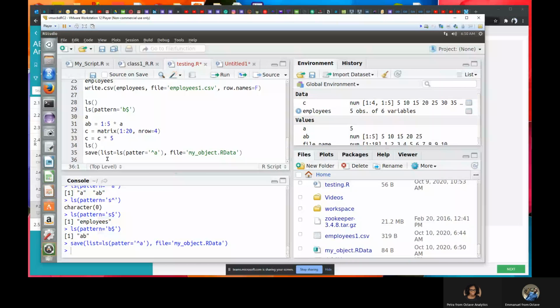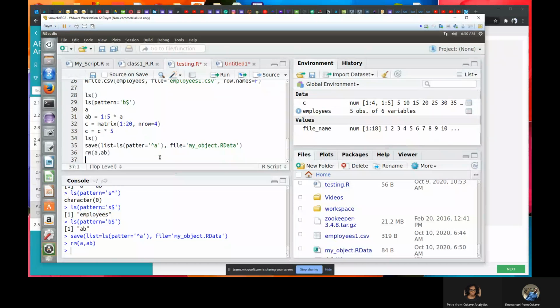Now, let's say I already saved this, because these objects are important to me, and maybe unfortunately I close my R session, or the objects were removed. Let me just remove them. So I will remove A and AB.